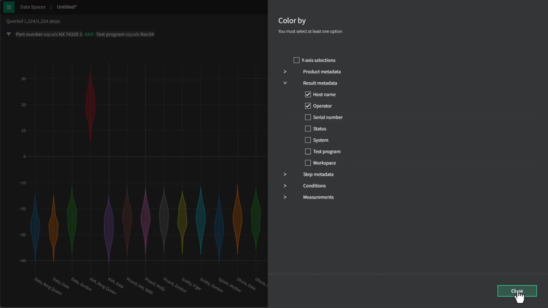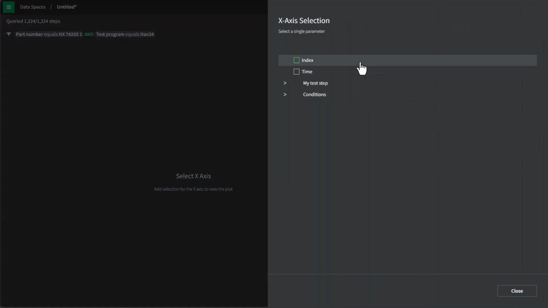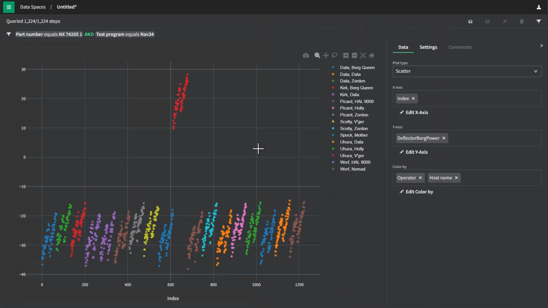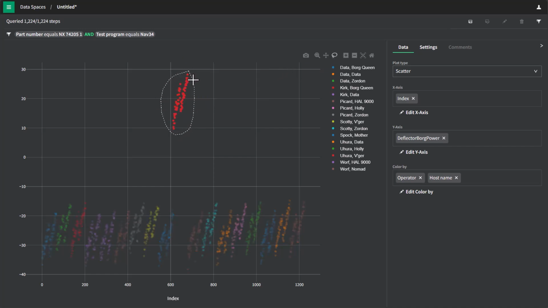So we'll close this, and I'm going to make this go back to a scatter chart now, so that I can annotate this data and remove it from the chart. This Kirk Borg Queen one is just not right. So I'll go back to scatter so I can touch these individual points, quickly add back an axis so I can view it. And then I'm just going to grab my lasso select tool and circle these points and add